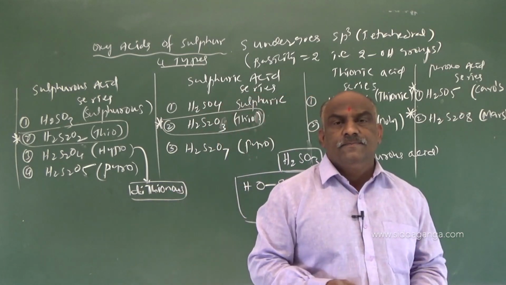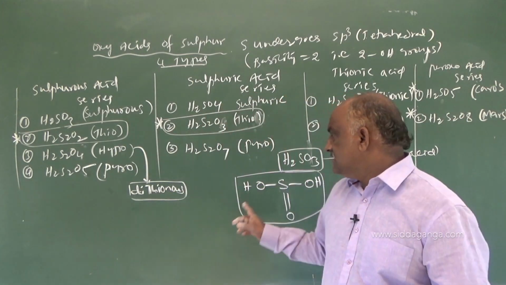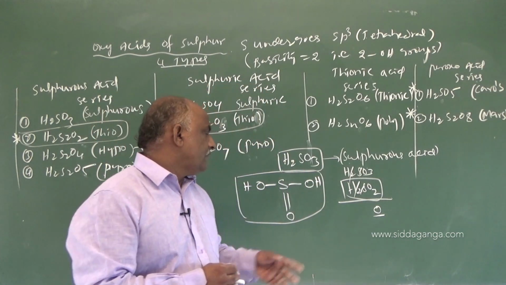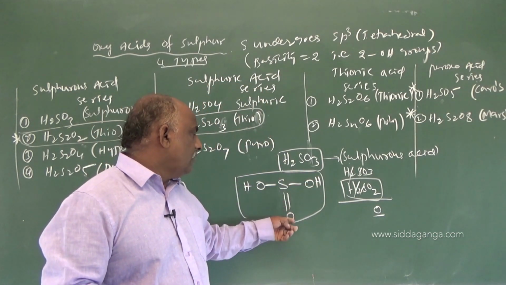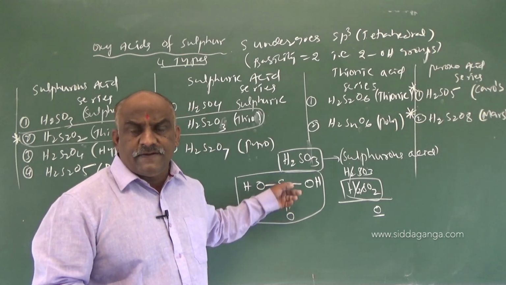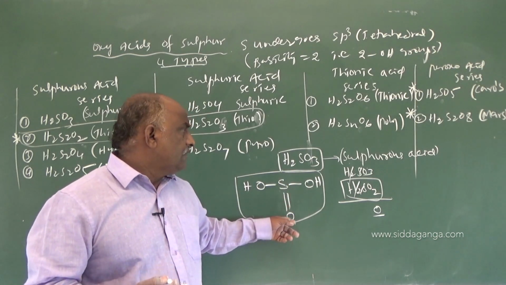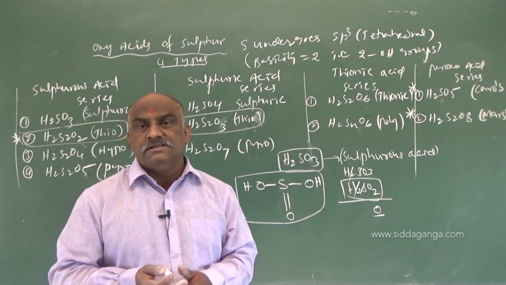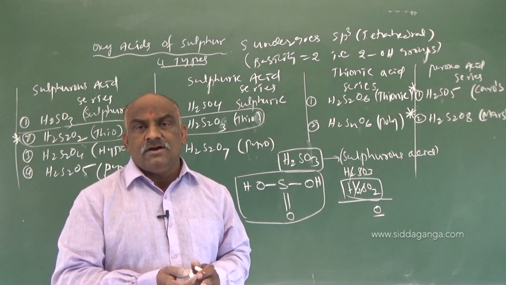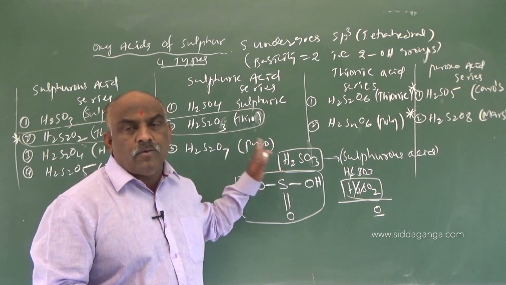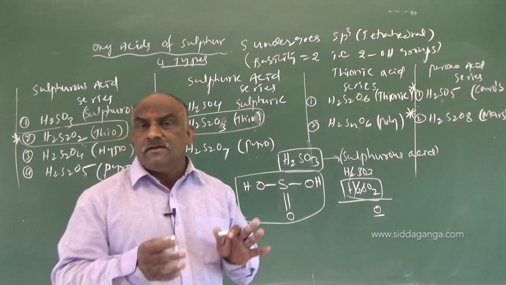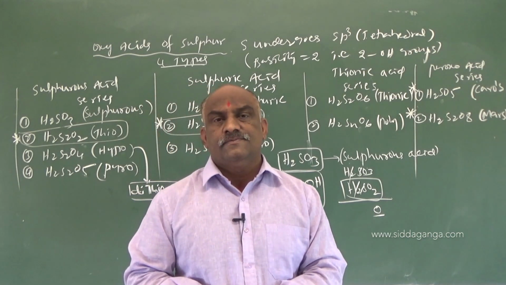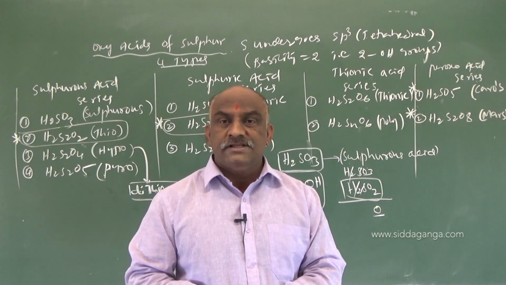sulfurous acid. The structure of sulfurous acid, see this: OH single bond S single bond OH, and S double bond O. First you should draw 2 OH groups. Later, if any oxygens are left, simply add double bond oxygens. If more than 1 sulfur atom is there, then you should distribute the oxygens between the sulfur atoms.